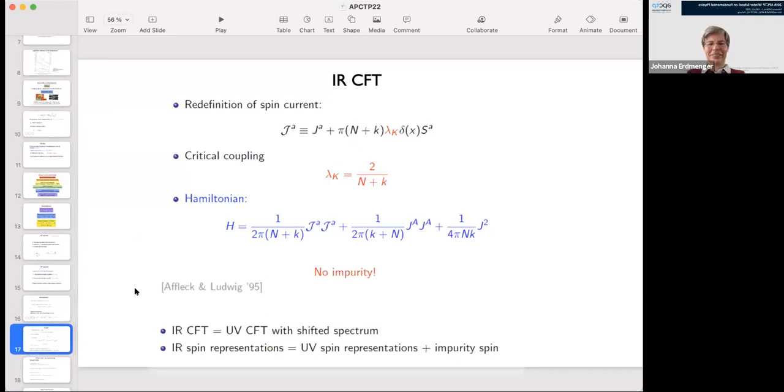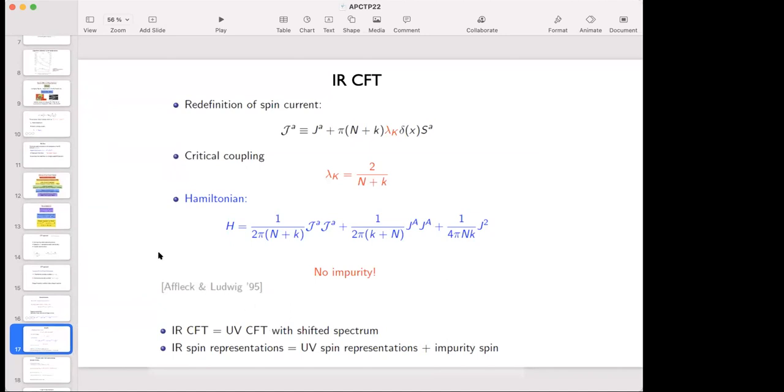Let me make one final comment about this. For now, let's just assume that n is finite. Let me just explain what I wanted to say here, and then I will talk about large n, because in the large n case people do something completely different, which I will show to you in a minute. Okay, so Johanna?